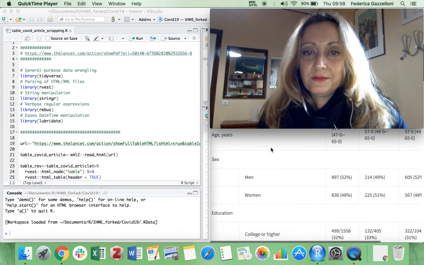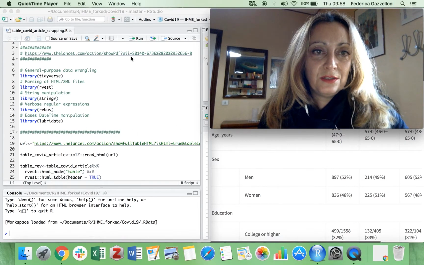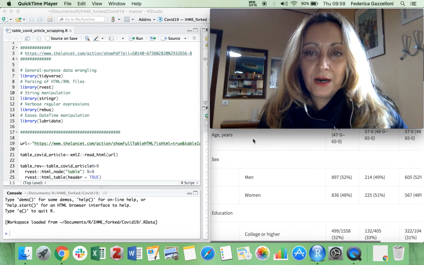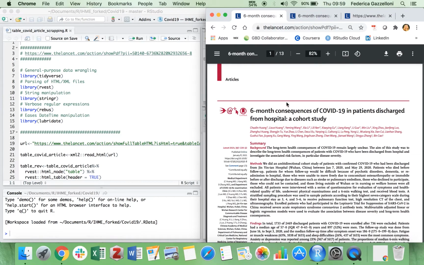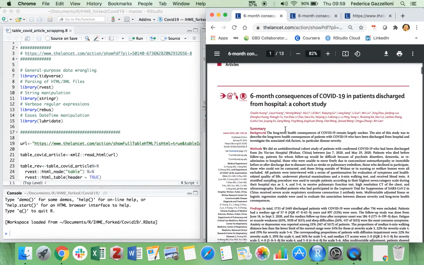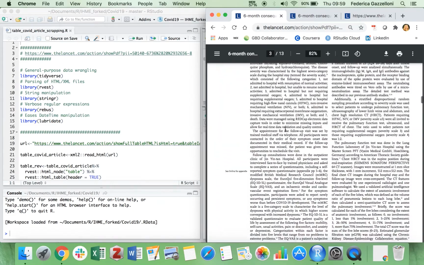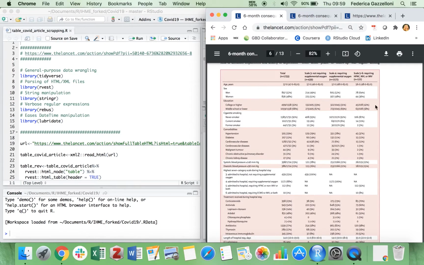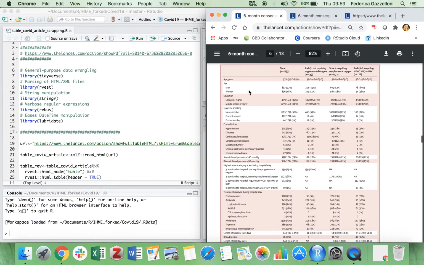As you see, this is the article we are going to scrape, and I'll show you how. So this is the article, and you'll see that you can find the table of your interest. Let's say, for example, this one here. And now we are going to extrapolate this table in a way that we can work on these numbers all in one go, all together. So first thing,